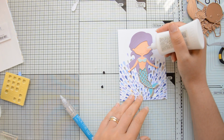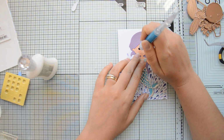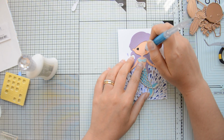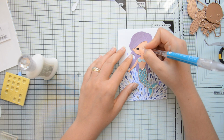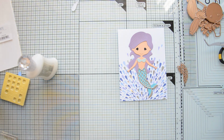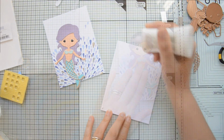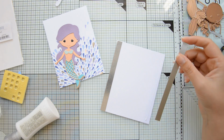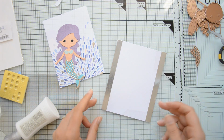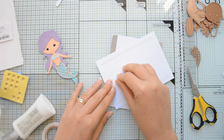And then for the eyes, I quickly scribbled some black marker on top of some white cardstock, and I die cut the eyes too. I adhered them to the mermaid's face, and it's pretty nice because the die that cuts the face also embosses the eyes, so it's pretty easy to get them positioned exactly so that it doesn't look kind of weird. I added some white highlights to the eyes with a white gel pen, and then I started